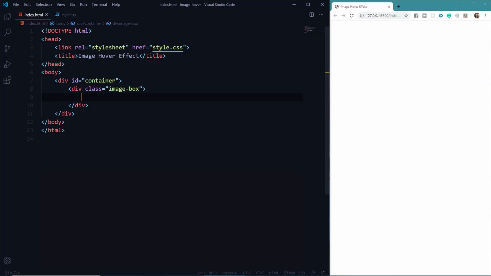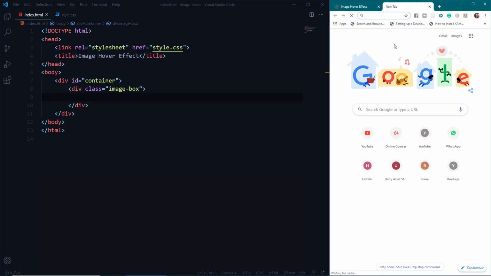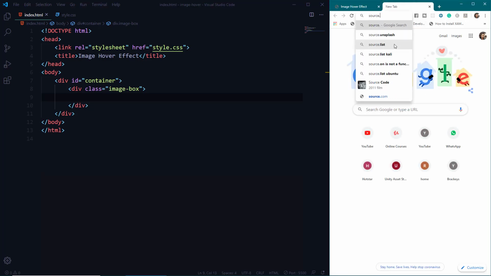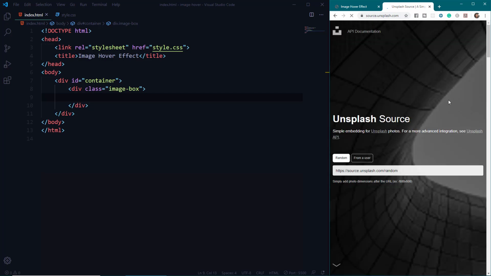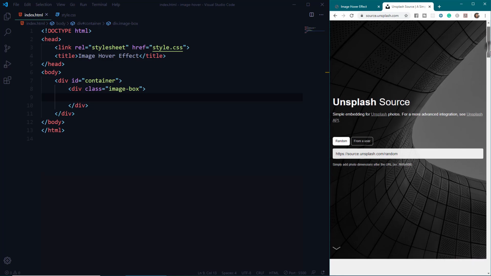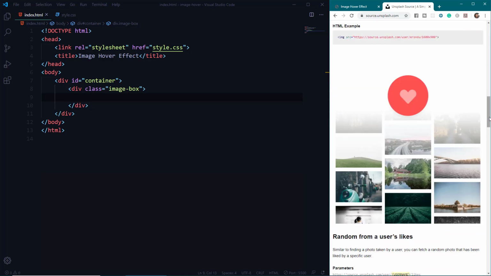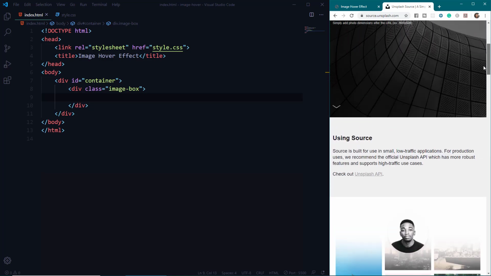Now we'll use the Unsplash API to grab an image. If you have never used the Unsplash API, you can just go to source.unsplash.com. And here you can see the instructions to grab an image from the Unsplash API.